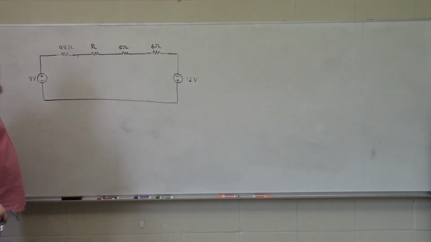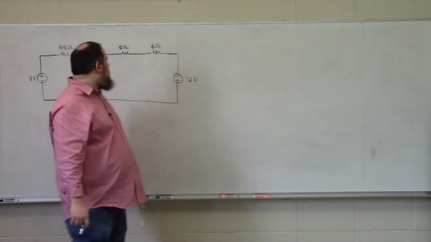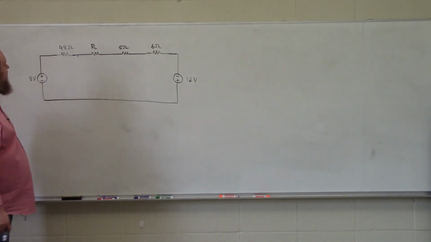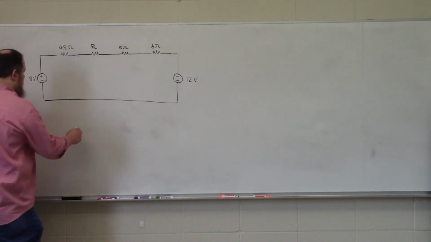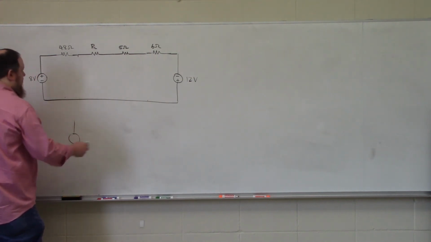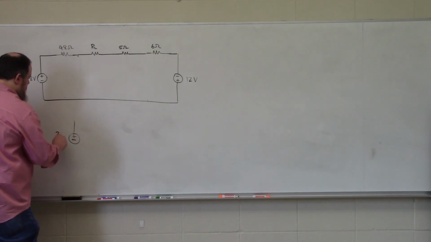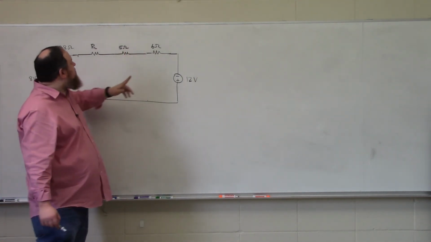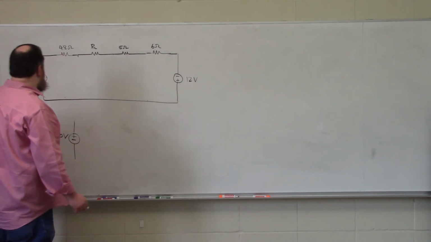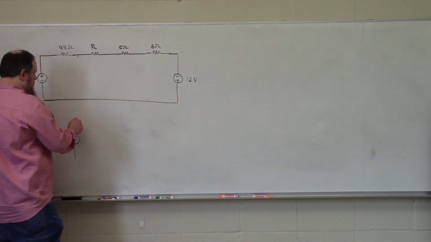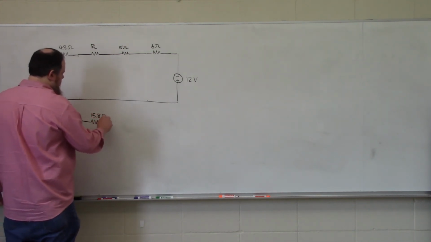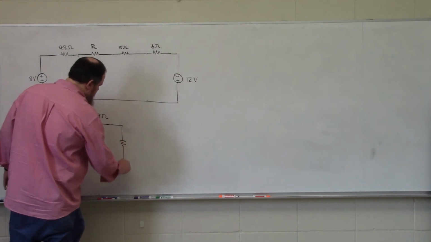Now I can see that I have an 8 volt source in series with a 12 volt source, and they have the same polarity. If I followed my current clockwise, I would see the negative polarity terminal first. So I can combine them together to form 8 plus 12 is 20 volts. I have 5 plus 6 is 11 plus 4.8 ohms. So that is 15.8. And that's connected to my load resistance,